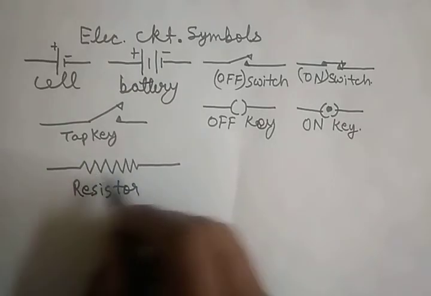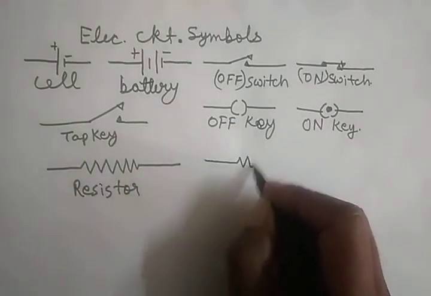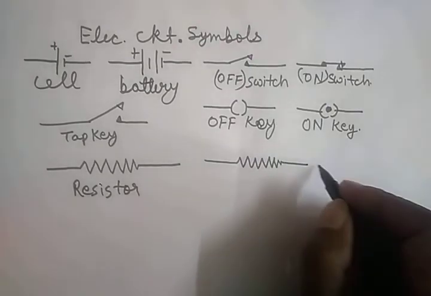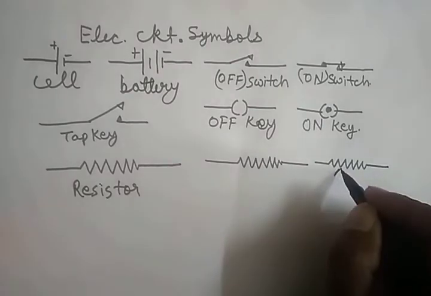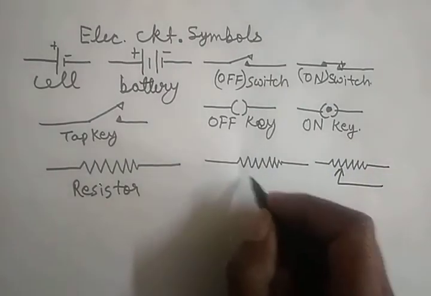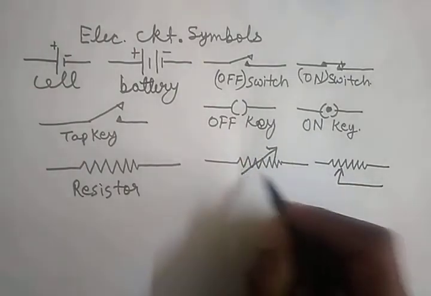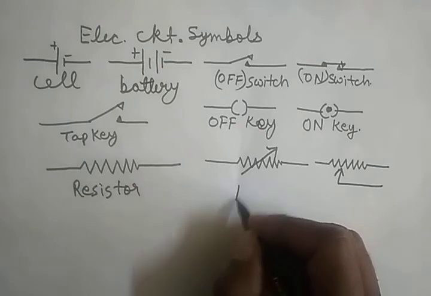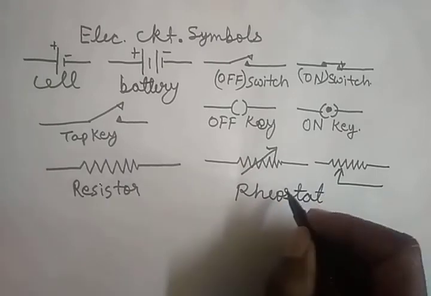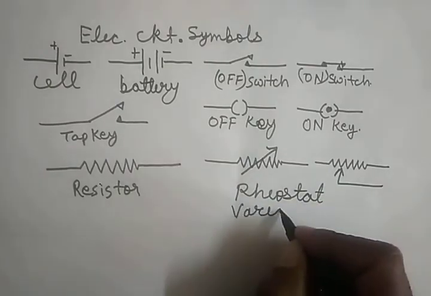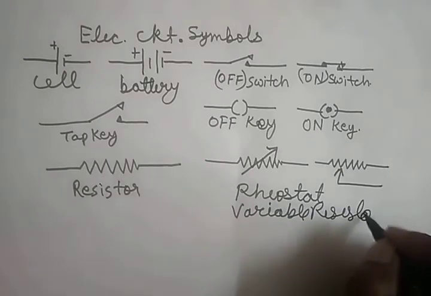So we use this zigzag line to represent it. And there is another symbol, and there are two symbols, both represent the same thing. Now either this way or that way, we call it a rheostat or variable resistor. As you can see,